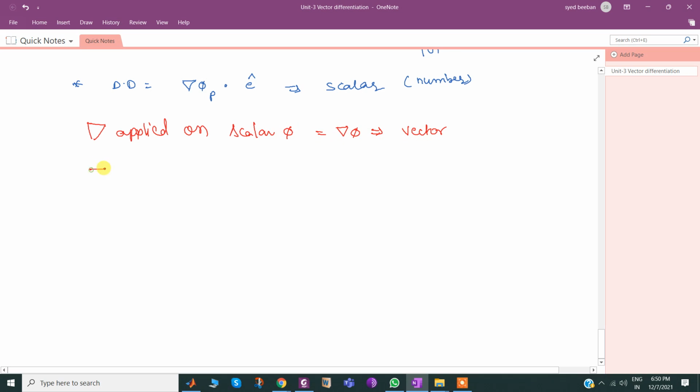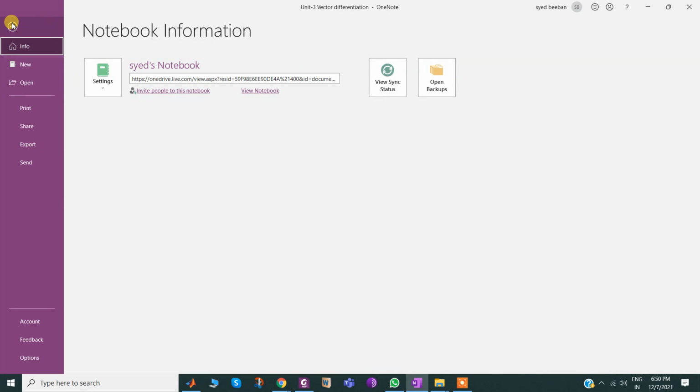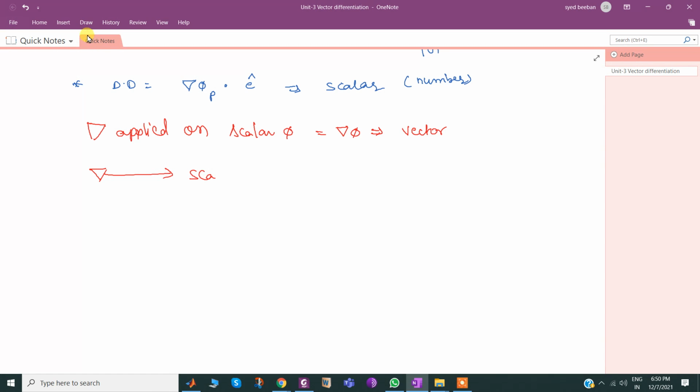Now the same del can be applied on a vector also